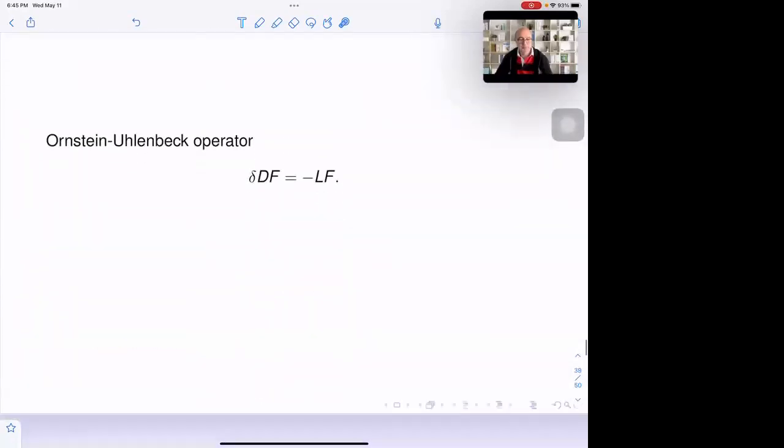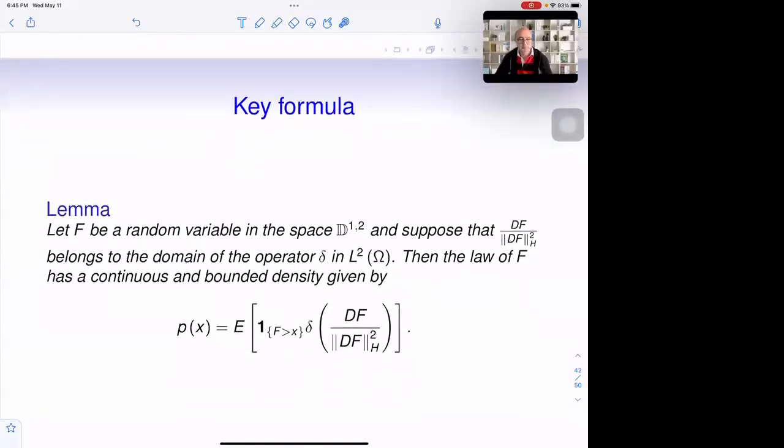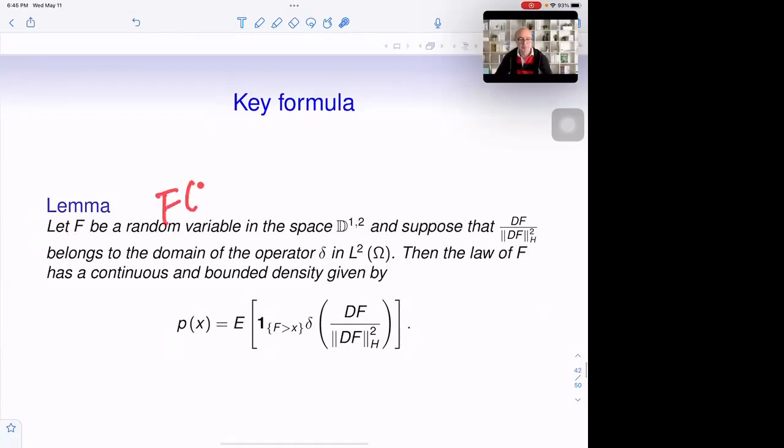In Malliavin derivative, I'm not going to go into detail because I'm running out of time. There are many things, but the key formula is this, and the proof of this is also very easy. If F is a function of Brownian motion, if F is differentiable, and the derivative is in L2, and you divide by this derivative. If this one is in the domain of its adjoint operator, where delta is the adjoint operator of this derivative, which is also a stochastic integral. This one depends on t here. If this one is in the domain of delta, then